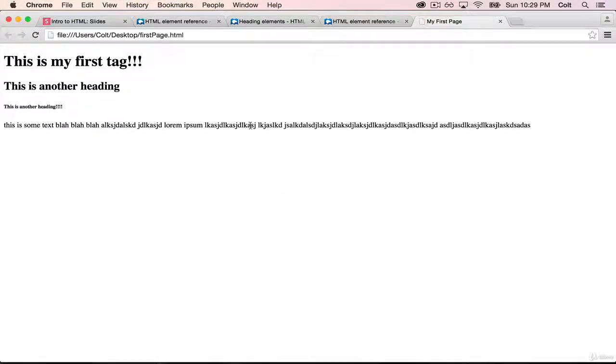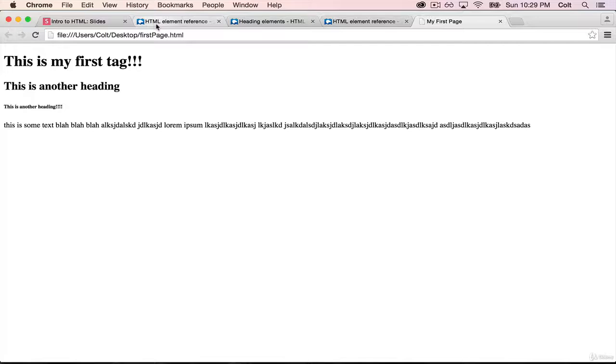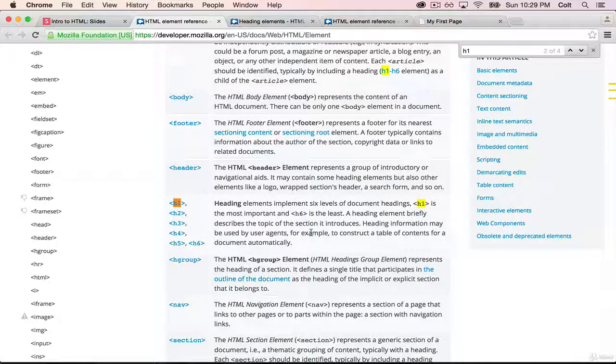And I refresh my page and I get this giant thing of text on one line. But let's say that I realize I actually want a line break right here. These are 2 paragraphs of nonsense. To do that, I can use the paragraph tag. So if we went back here and we search for the P tag,